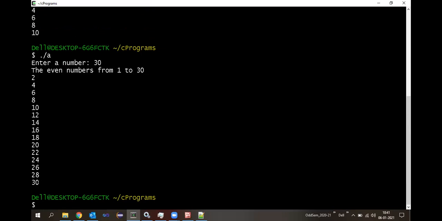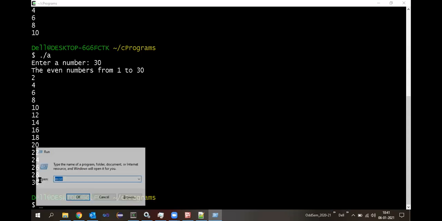Now let us try to quickly trace this program using that particular method, the tabular form. Let me open an Excel sheet.